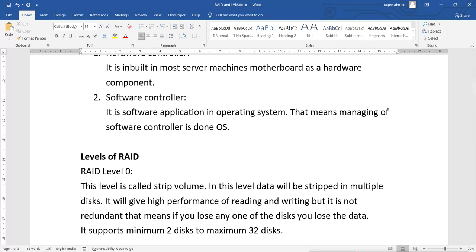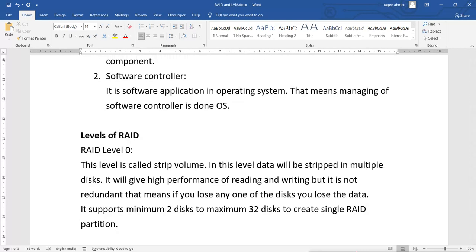So it supports minimum 2 disks to maximum 32 disks. Now remember, minimum 2 disks to maximum 32 disks to create a single RAID partition.